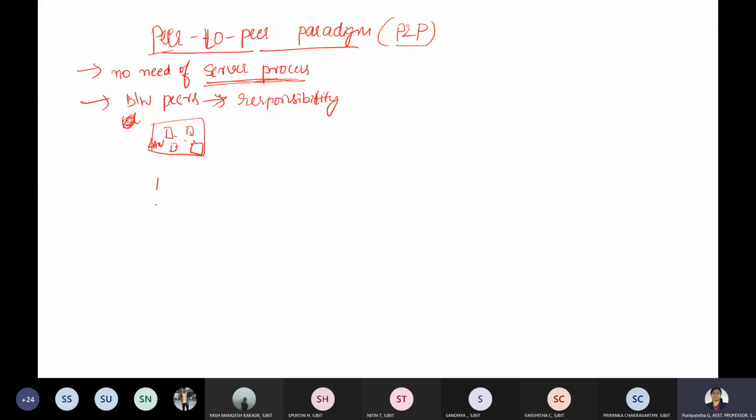And we have one more peer, connected to what I'll call a LAN switch. All these are connected to this LAN switch, and through a router, it is connected to the internet.